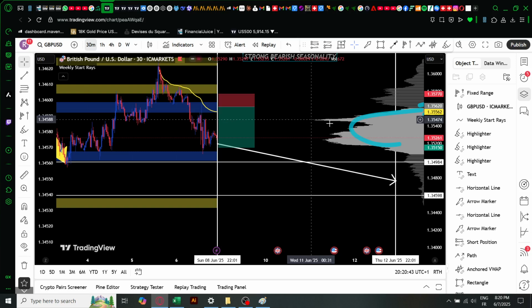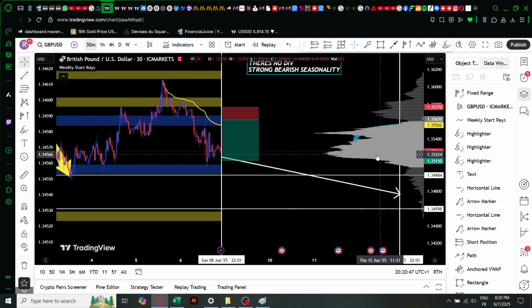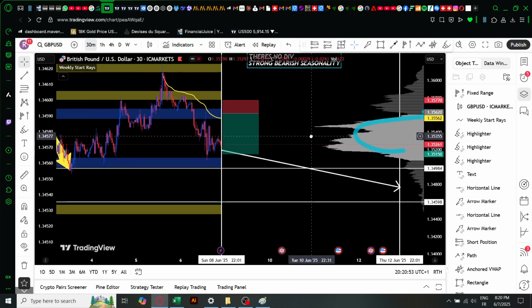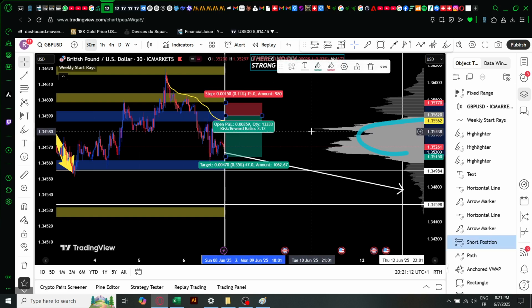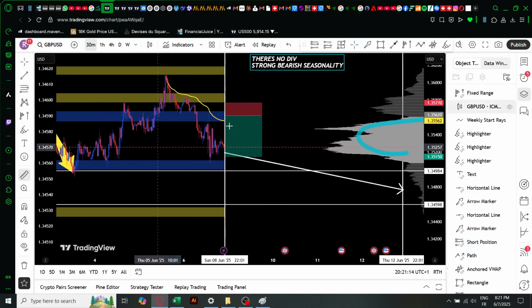This is why using volume profile with price action is very crucial, even if it's not real volume data. It's just tick volume, which has another way to calculate estimated volume, but it still works. It's about 80 to 90, sometimes 99% or 100% accuracy. So even with 70%, I will take it because I'm not scalping over here. I'm taking huge moves. You can see that my stop is